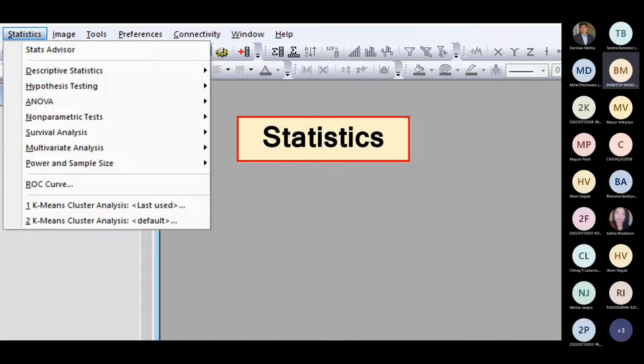In addition to plotting, the statistical applications are also there, meaning descriptive statistics, hypothesis testing, ANOVA test, non-parametric test, survival test, multivariate analysis, power and sample size. So the statistics facilities are also there which can be plotted later on.